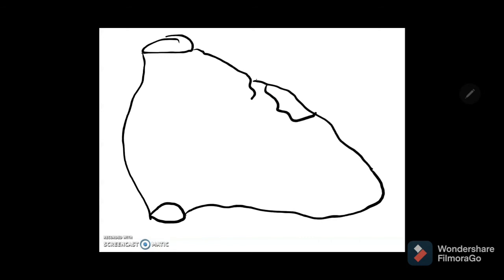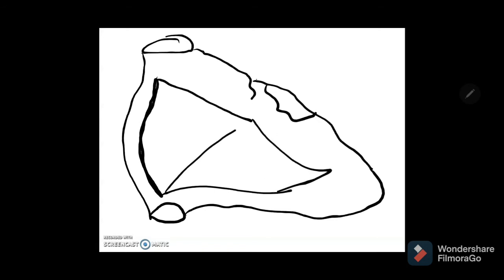So again I am just drawing the opening of the superior vena cava. This is the right border. This is the opening of the inferior vena cava, and as you notice here, this is the right auricle, and this is the left border of the heart. This is the inferior border of the heart. Where these two meet, they form the apex, and here you can see the extension of the left atrium. And here if you cut along the right border and open a flap, it will look like this.